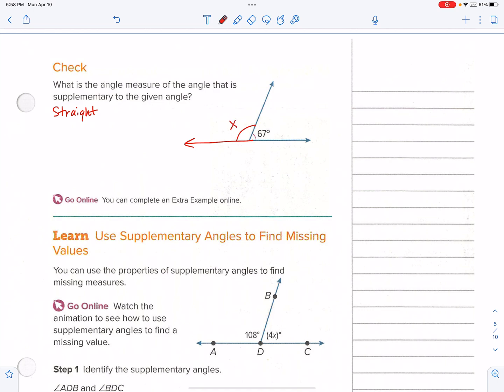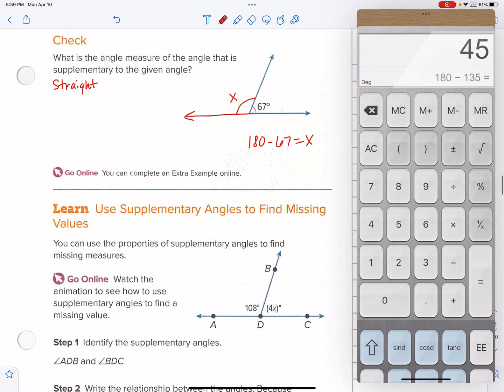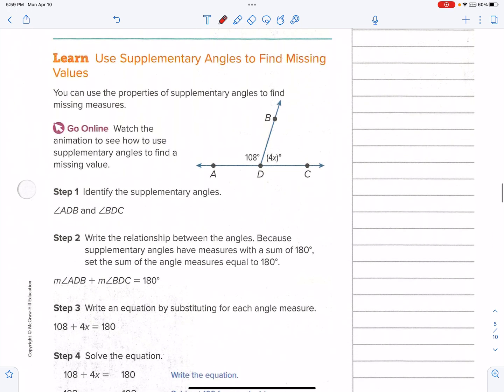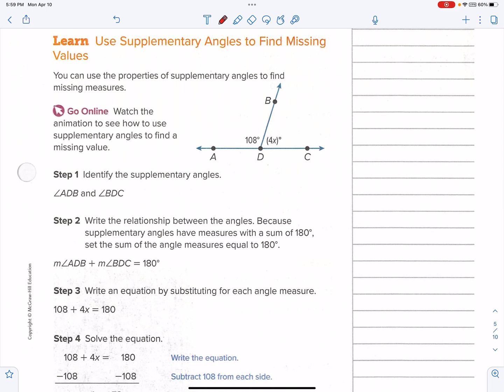And we're going to solve for x. So we know that the total is 180 degrees minus 67. So we can just do 180 minus 67 equals x, and solve for x. Okay, so we have 113 equals x, and that is in degrees. Okay. All right, let's go ahead and